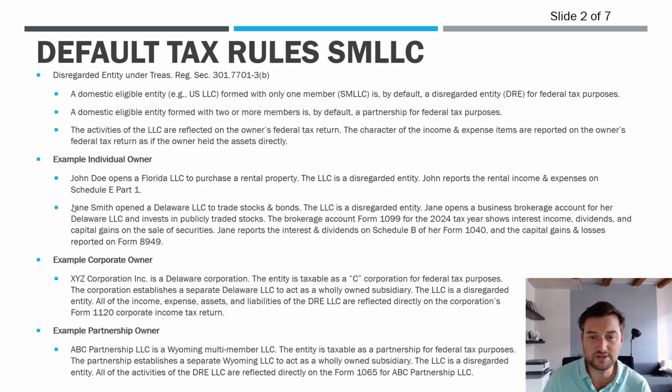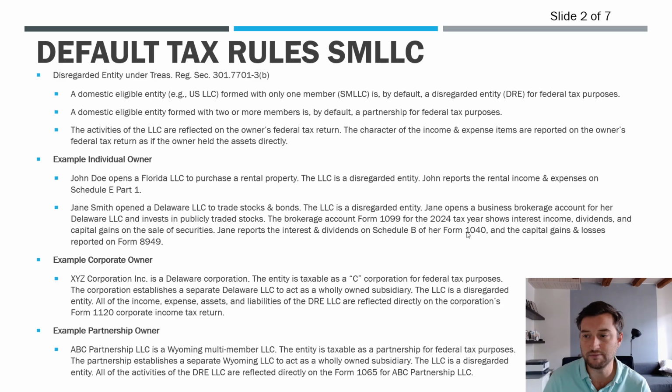A second example: let's say Jane Smith opens a Delaware LLC, and she wants to trade stocks and bonds through that LLC. So she opens a brokerage account for that LLC. The LLC is a disregarded entity. Now, when the Form 1099 is prepared and sent to Jane, because this LLC is disregarded, all of the activities from that 1099 are just reported on her personal return